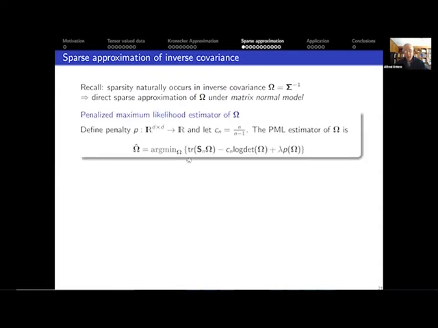So one could now talk about a different optimization. And here I'm going to assume directly that we have normally distributed, Gaussian distributed observations, hence the matrix normal in the title of the talk, because that gives us an objective function which is tractable. Frobenius norm of the inverse is not tractable, but the so-called penalized maximum likelihood objective function, which is this here, it will turn out to be, well, more or less tractable, as I'll discuss.